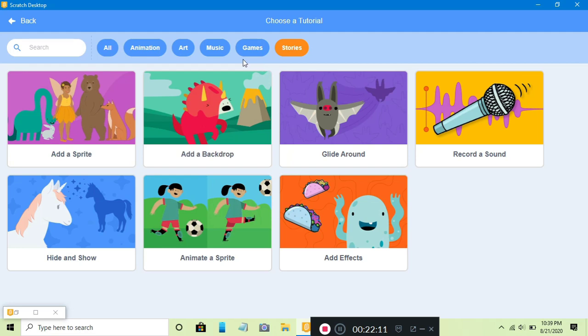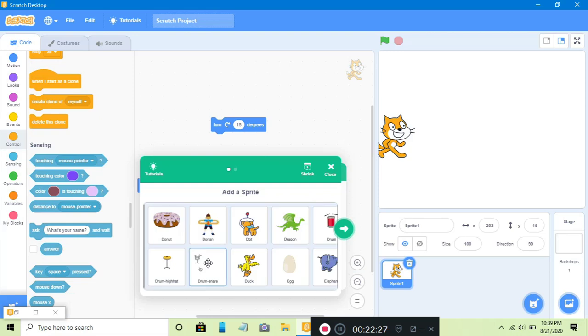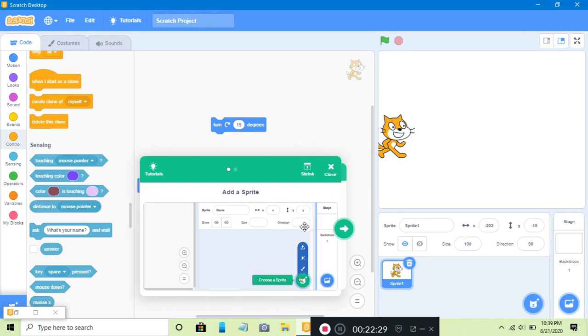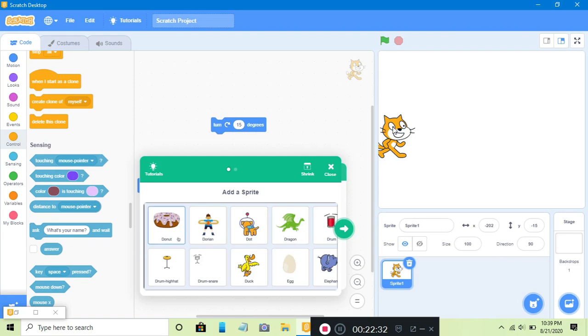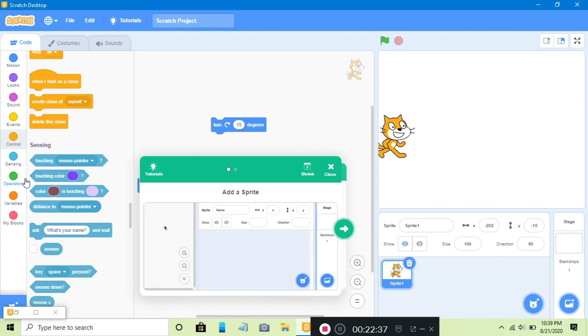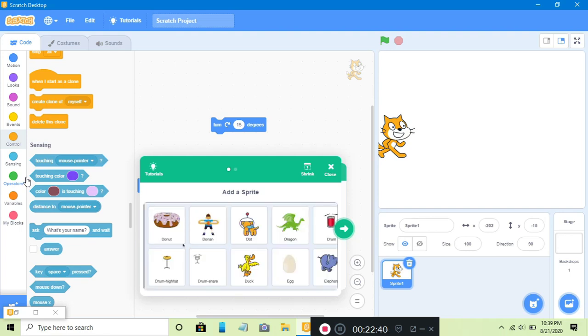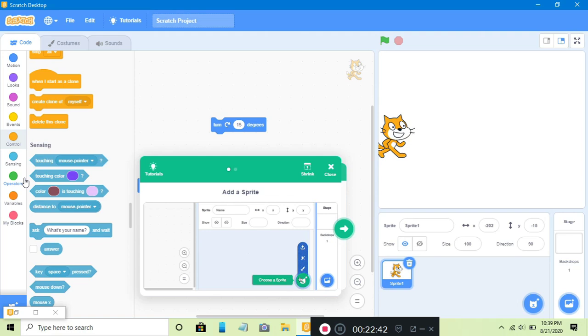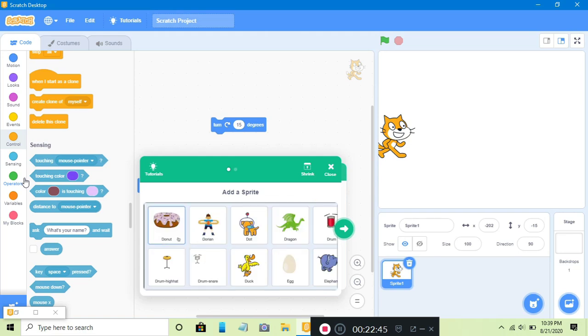Now next is signals. When sprites want to communicate with each other, we can do this by the signal function. Means if more than one character wants to talk with each other, the signal program will help us make them do a conversation.